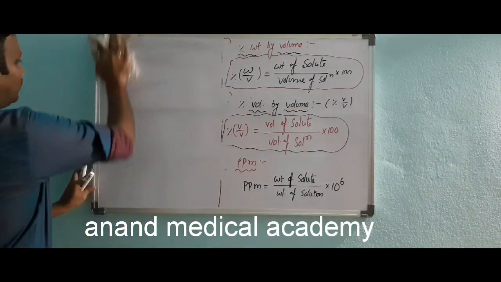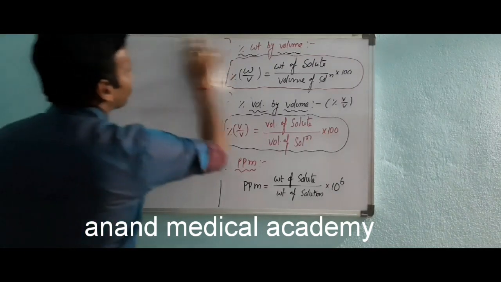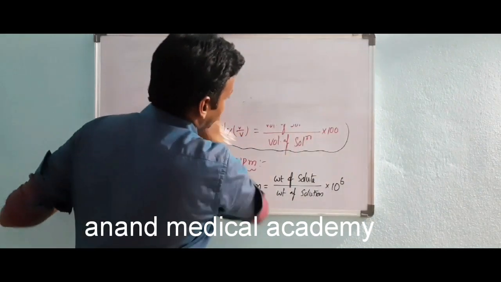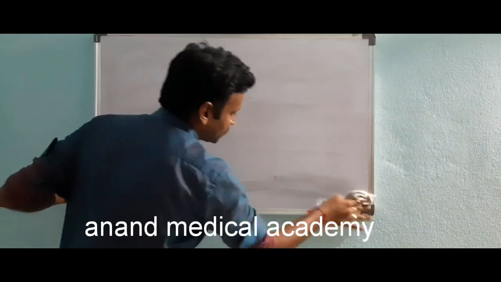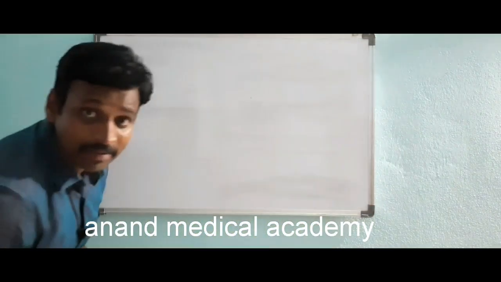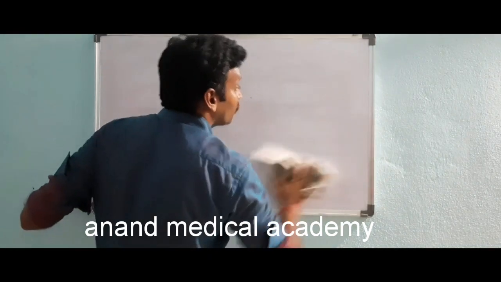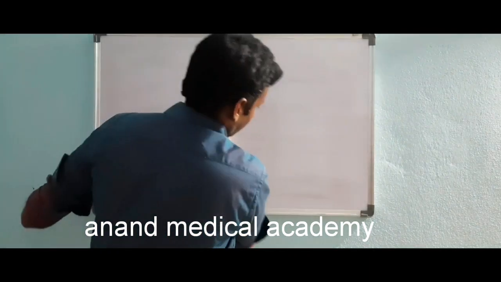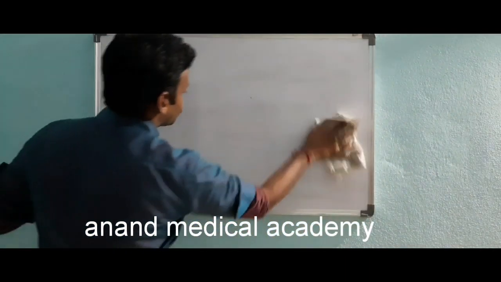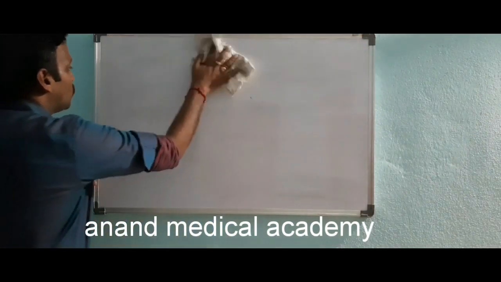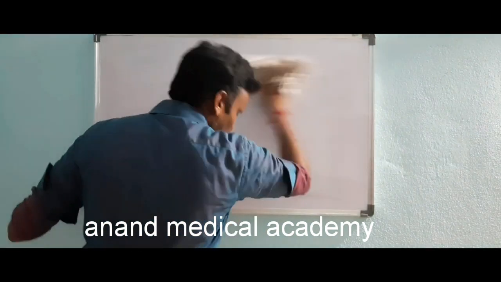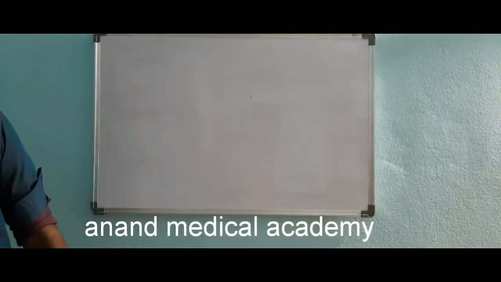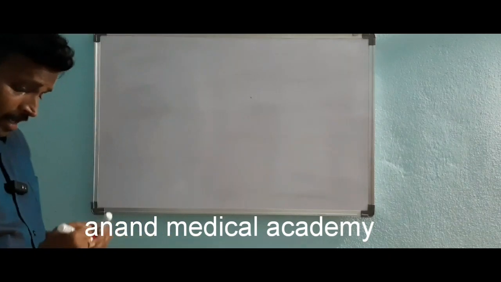Actually, what we discuss is very, very simple. We discussed percentage weight by weight, percentage weight by volume, percentage volume by volume, and ppm. By using all these, we have to understand the remaining concentration terms. What are the remaining concentration terms? I think you have written? Okay. Next is